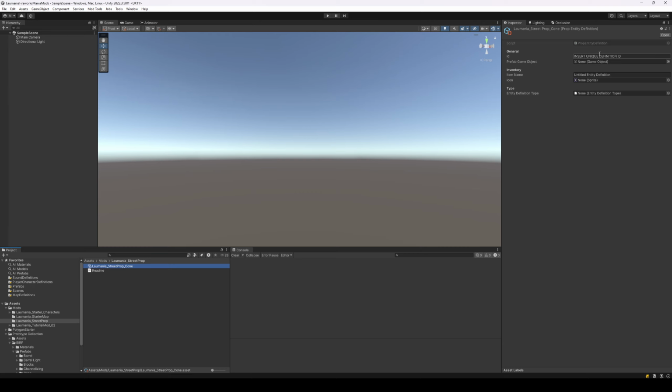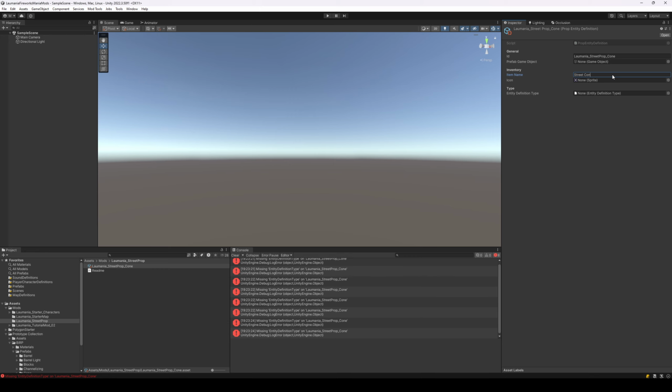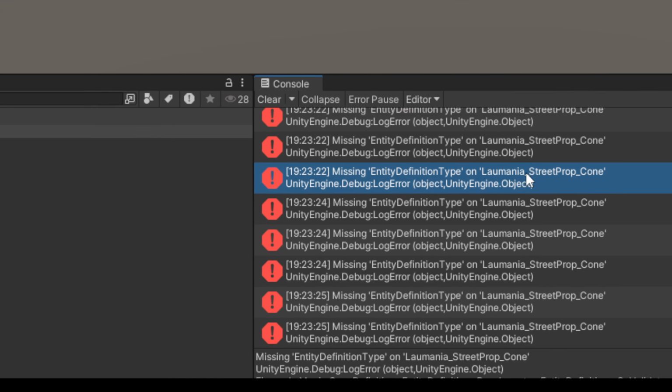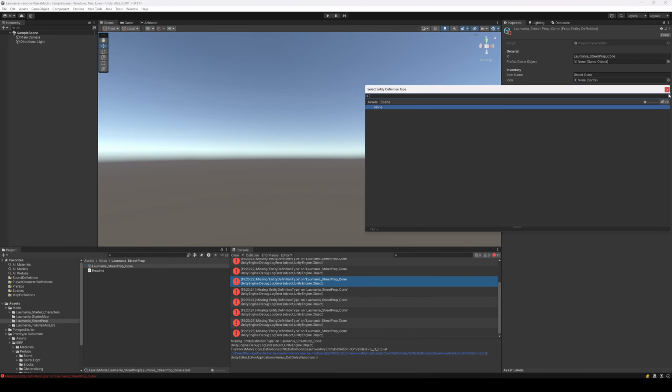First thing we need to do is to give it an ID. We can put in our own, but it's easier to do it like this, and then we get the same ID as the name of the file, because that's typically how it's set up anyway. So let's call this street cone, maybe. And you see we get a lot of errors here, and the reason is that we are missing a definition type. So we just go up to definition type, hit the little